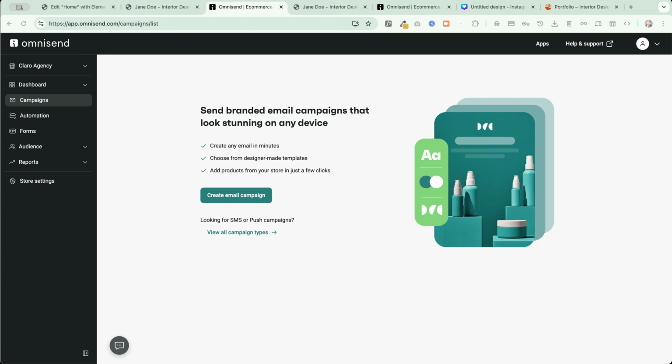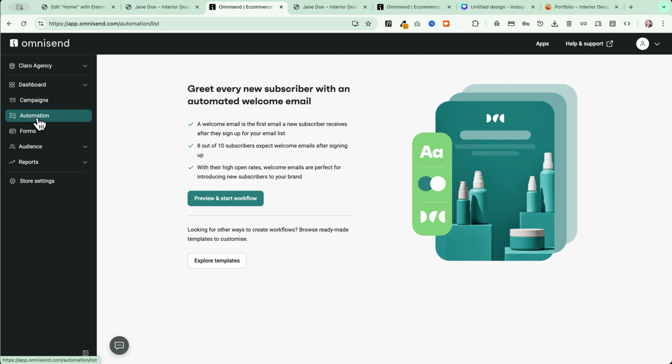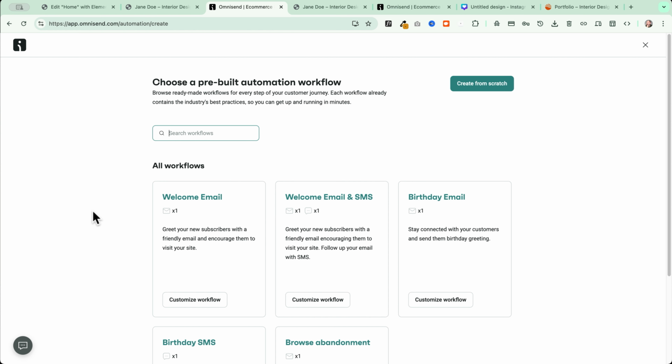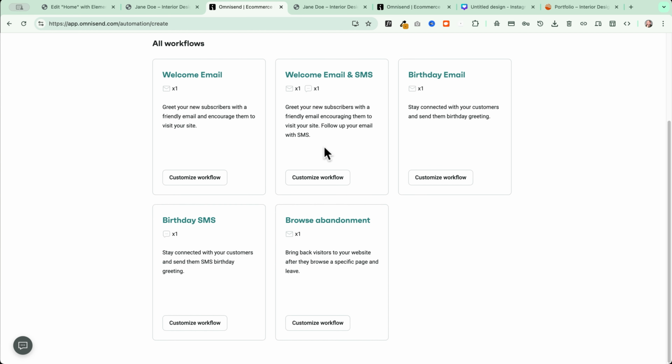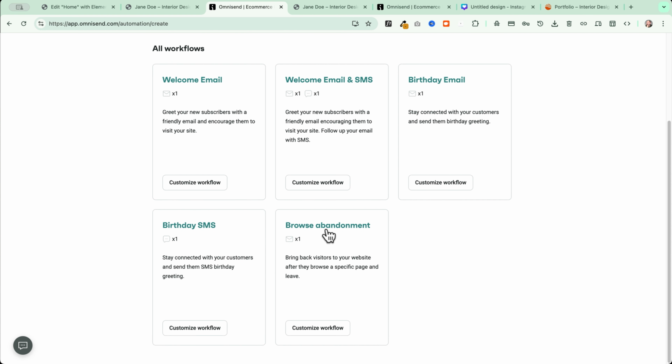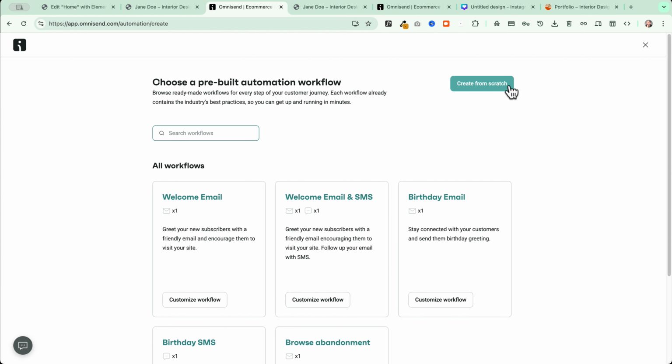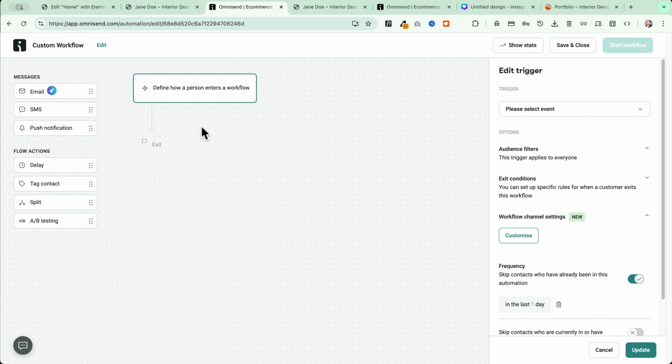Now let's use the power of Omnisend to set up an automation campaign to welcome our new leads. So let's head to automation now and let's click on Explore Templates. All right. Here you see we have different workflows. Welcome email and SMS, birthday email, birthday SMS, browse abandonment, and if you want, you can create one from scratch. In my case, I will create it from scratch, so I will show you the step-by-step process that we can use to do it,